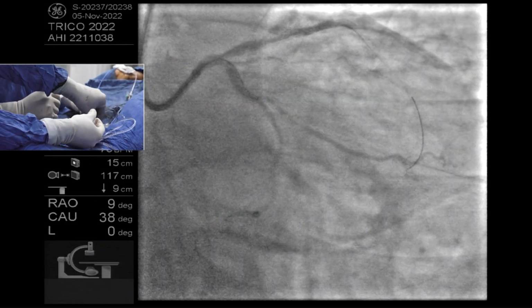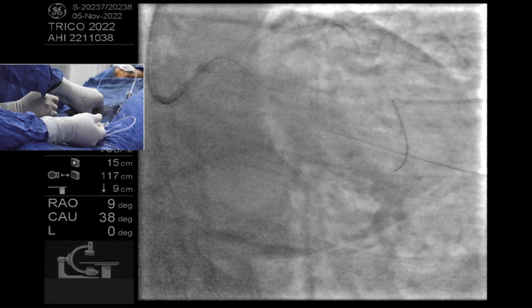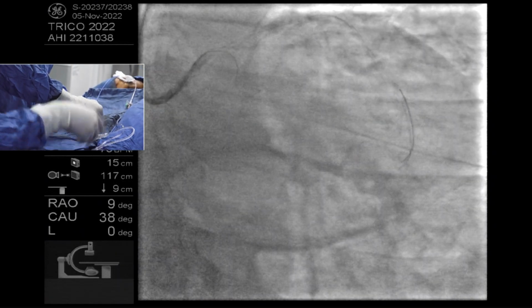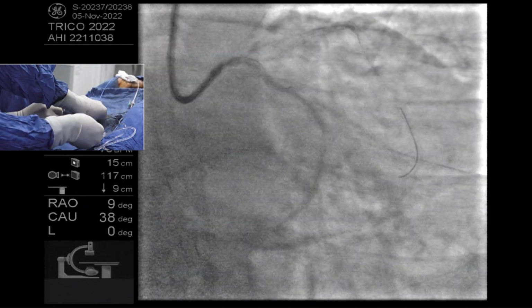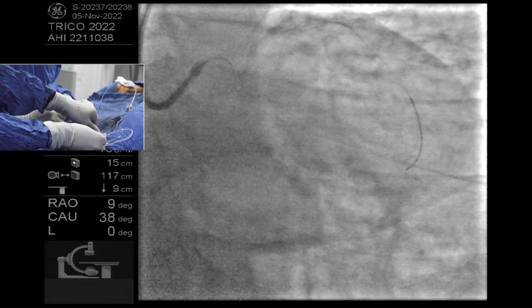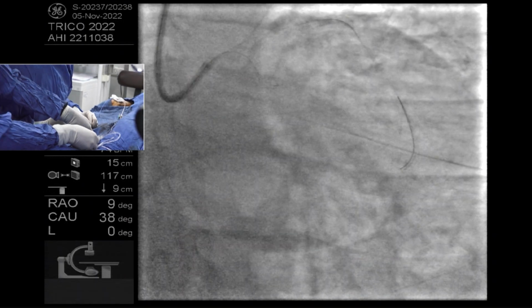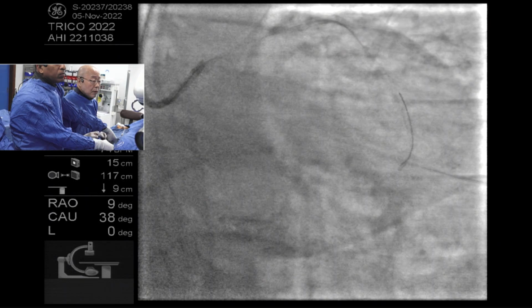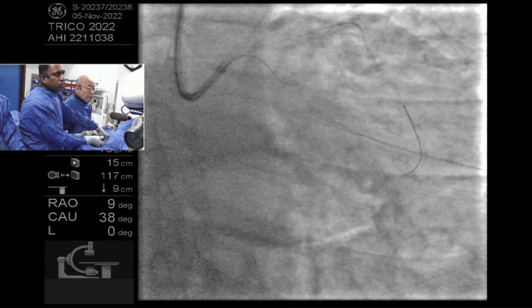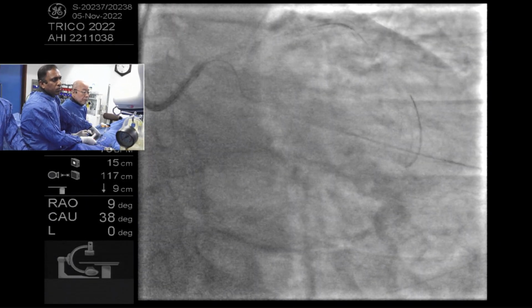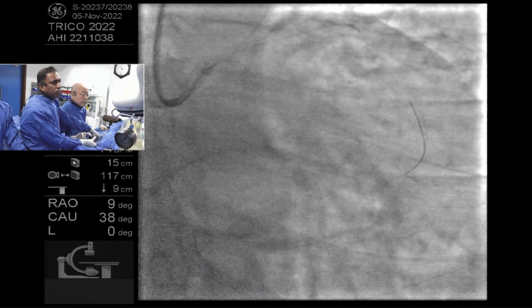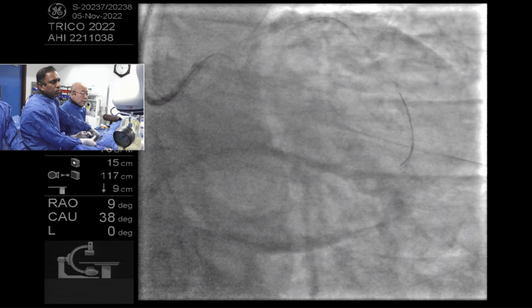In this kind of situation, if we have a dual lumen catheter, it's much easier. But from here, again, it's difficult. Dr. Nata is asking why not change the view. We can change the view to see the ostium very clearly. Then it is easy to pass the wire, or we have a microcatheter, Twin Pass, to get